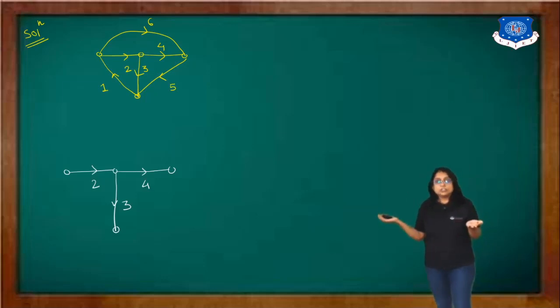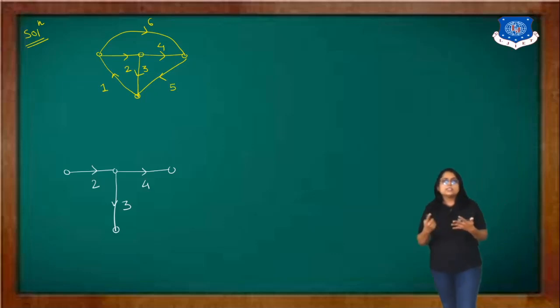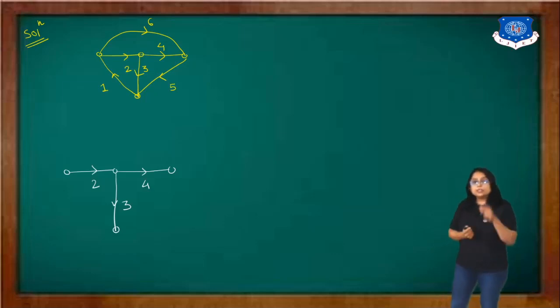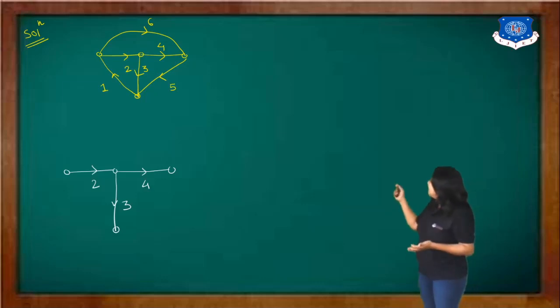There are many combinations. If someone says, I want to take a tree that is formed by branch number 1, 3 and 5, then yes, you can. If someone says, I want to take a tree formed by branch number 1, 2 and 6, yes, you can. And if you remember, in our incidence matrix session, we also found the possible number of trees for this particular graph, and our answer is 16. So 16 possibilities are there. You can take any one out of those 16.